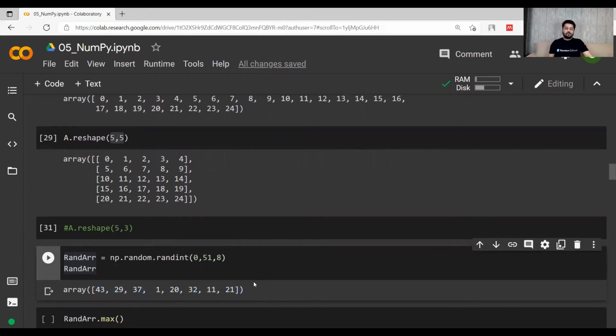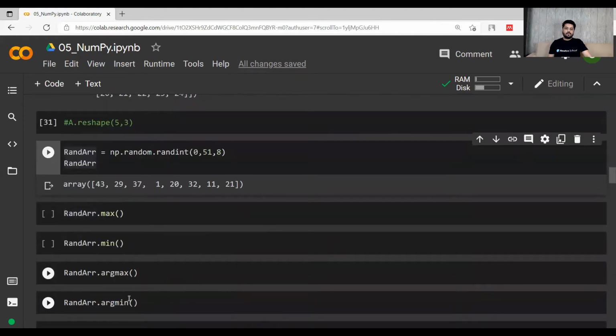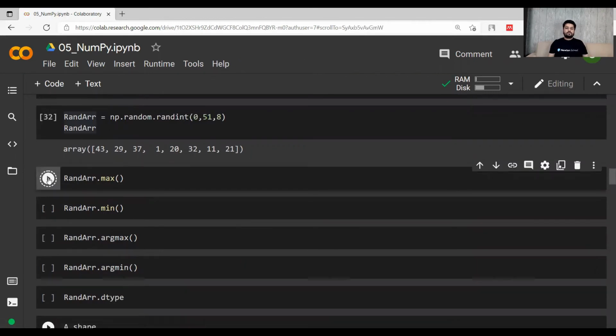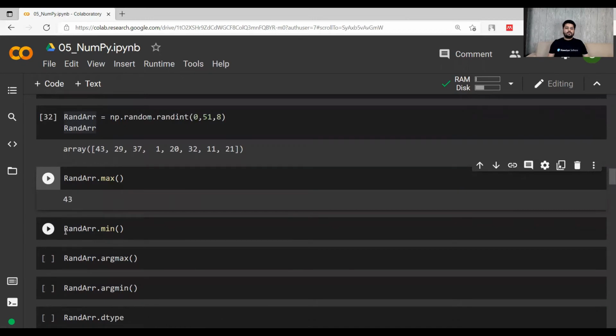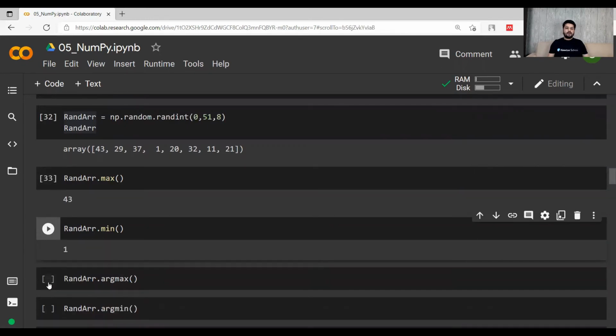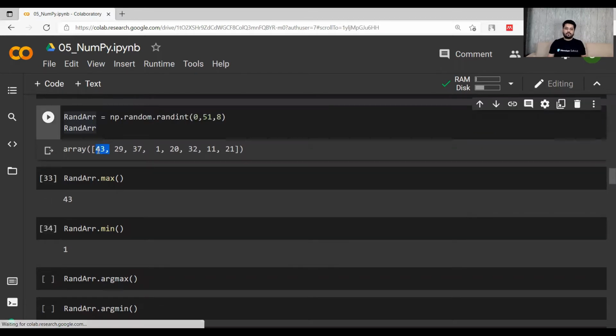Now if you want to run multiple functions on this array, you can have multiple functions and get the results. If I do a max function on this rand array, 43 will be printed. And the minimum value is 1, so 1 will be printed. Argmax returns the index of the maximum value. So here it is 43,